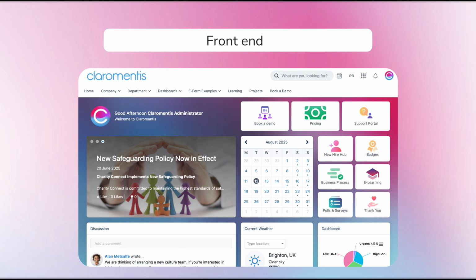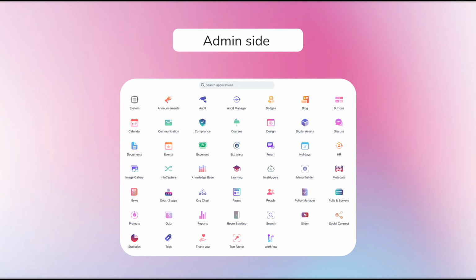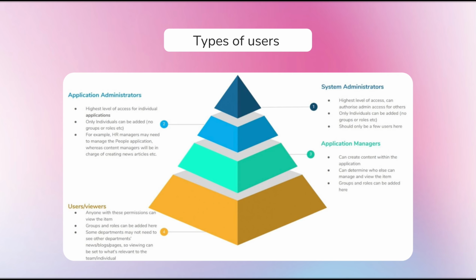Claromentis has two sides, known as the front end, which is what the majority of users will only ever see and interact with, and the admin side, which is accessible only by those with administrator rights and where front-end permissions are set. There is no universal setting to make a user an administrator. Instead, this is split across several elements, allowing more granular control than just administrator versus basic user. This means a user can be made an administrator to fit the access that you need, rather than just being